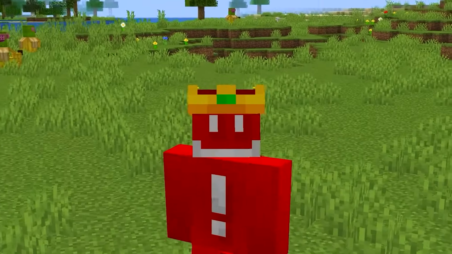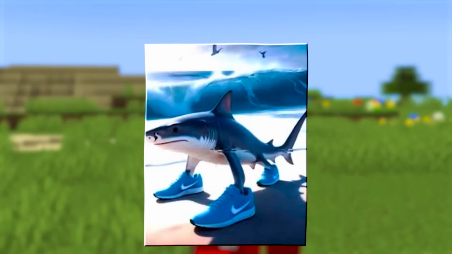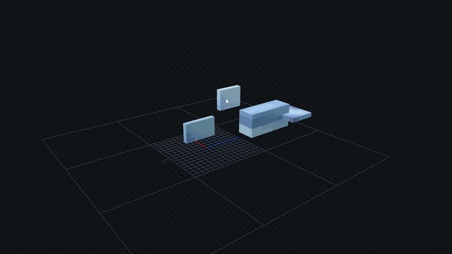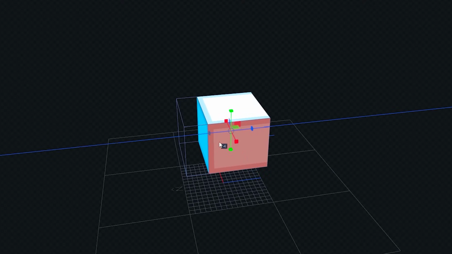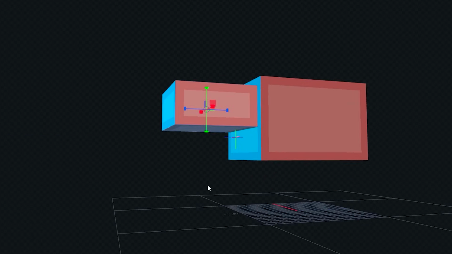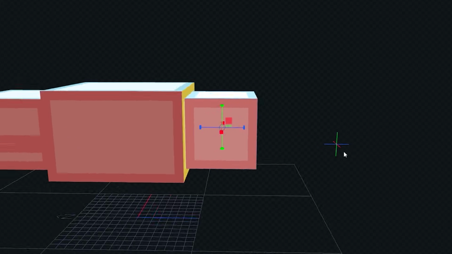And now, let's move on to the next mob that I'm going to transform here, which will be the dolphin. And he's going to become the Tralalero Tralala. This is the 3D model of the dolphin. So the first thing I'm going to do, obviously, is to erase everything. I'm going to start by making the Tralalero Tralala from his belly, like this. I'm going to create a cube like this to be the top of his head, and this other one will be the mouth. Create a cube like this to be a part of his body, and make another smaller one